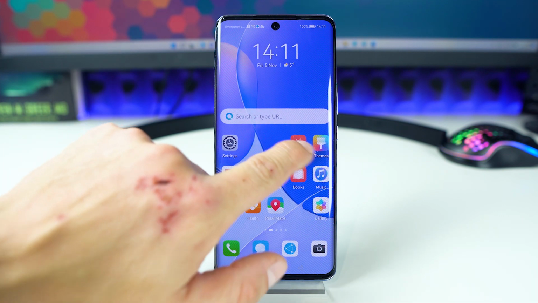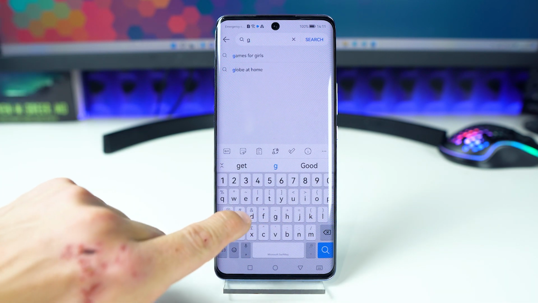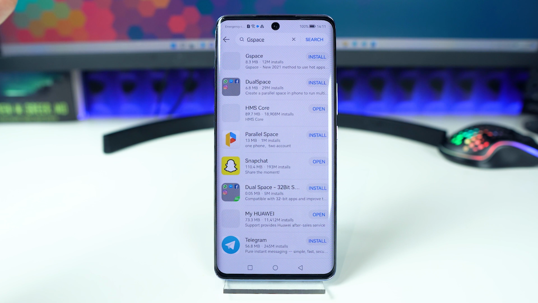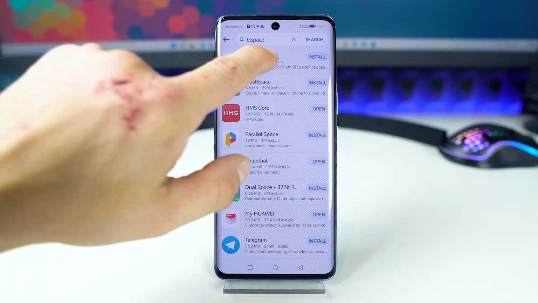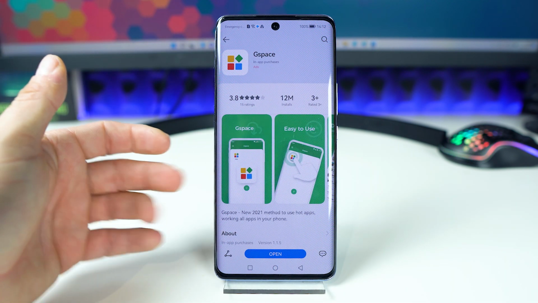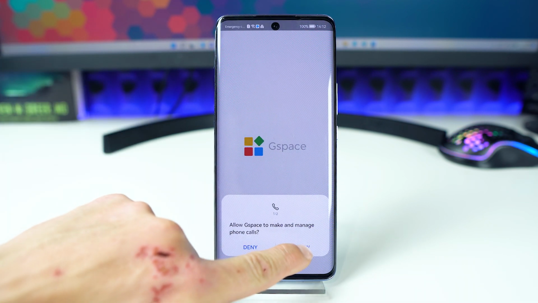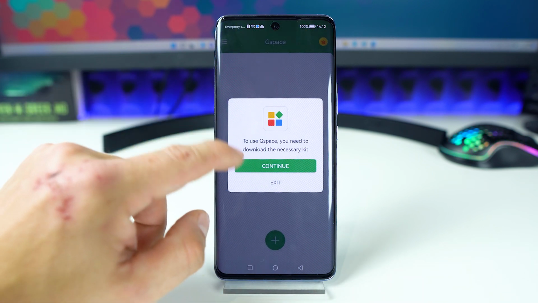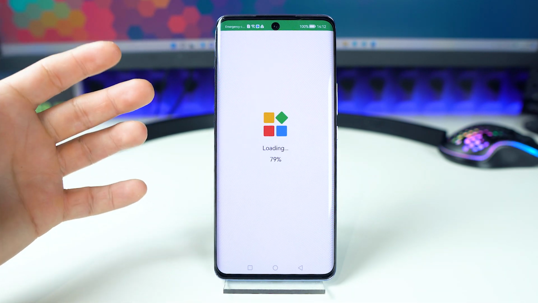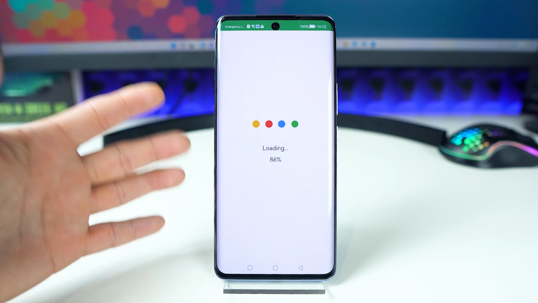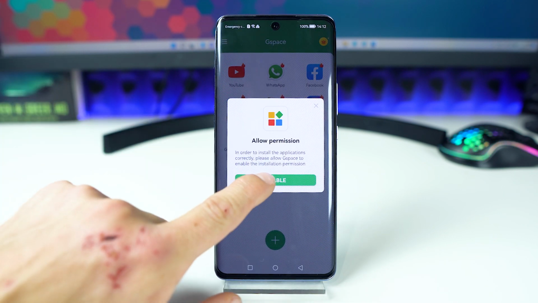But now open your app gallery and search for GSpace. As you can see, this is the file we need, so tap on it and install it. Okay, now tap on open, tap on start, and allow all necessary permissions. Tap on continue, and now we have to wait. I have to say, because this is an EMUI 12 device, brothers, EMUI 12, Google Fear and other methods are not working. Yes, now tap on enable,